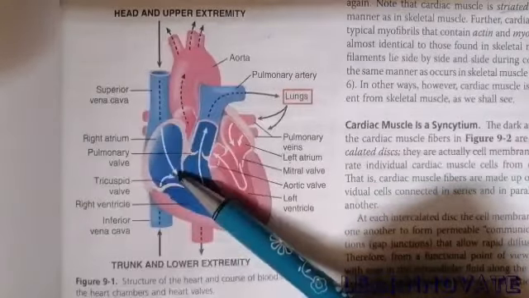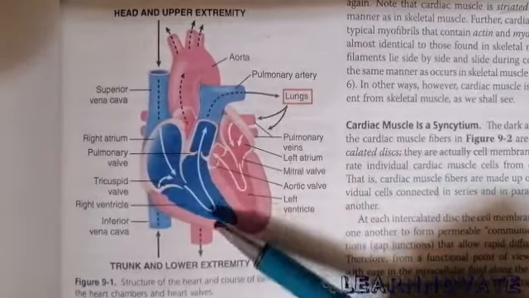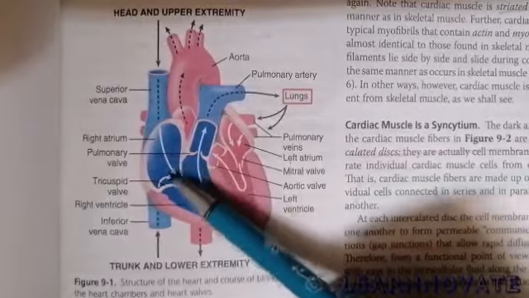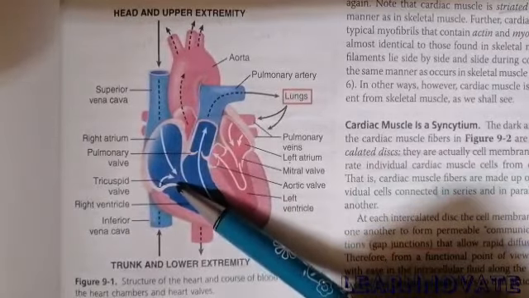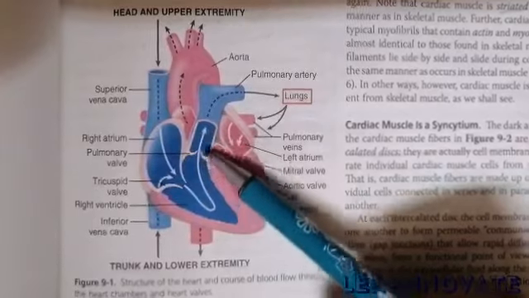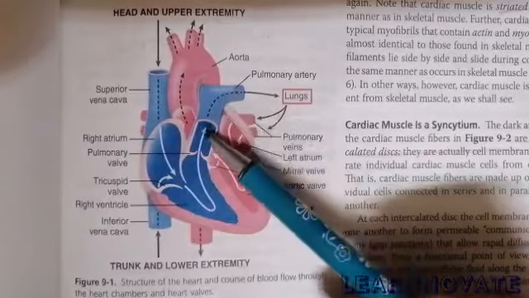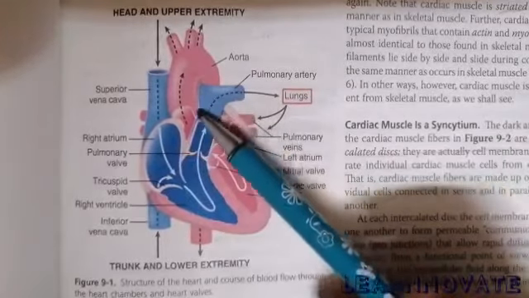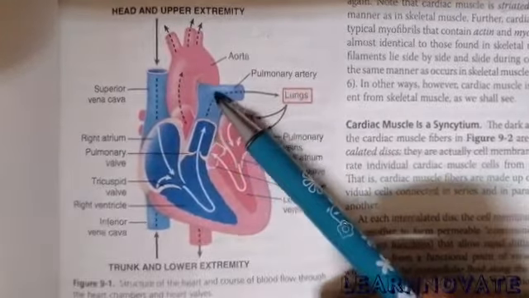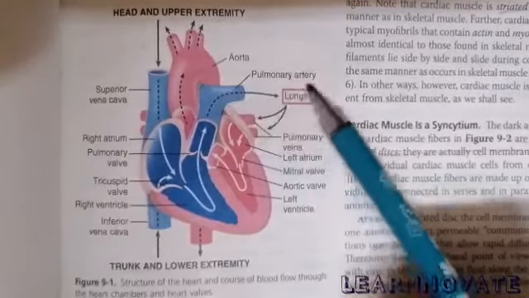The opening into the right atrium allows them to release the blood, and then this blood passes into the right ventricle, and the valve present here is the tricuspid valve. Then from the right ventricle the blood will pass through the pulmonary valve into the pulmonary arteries. There are two pulmonary arteries, and they bifurcate at the level of the aorta, and here the blood passes from the pulmonary artery into the lungs.